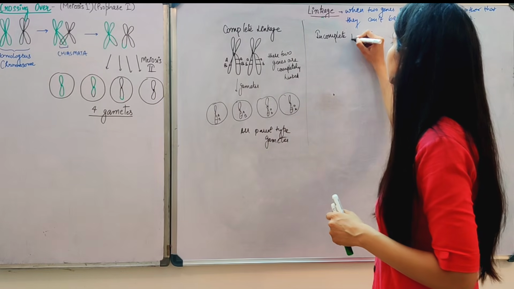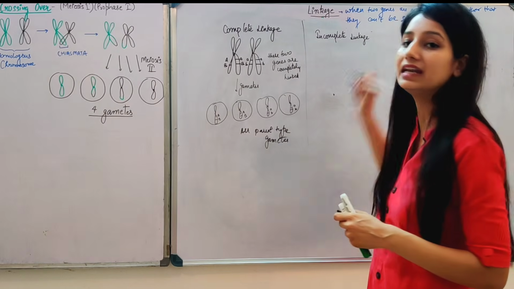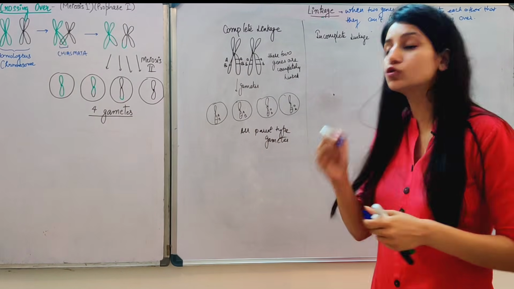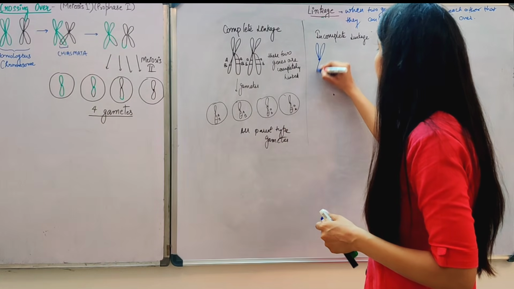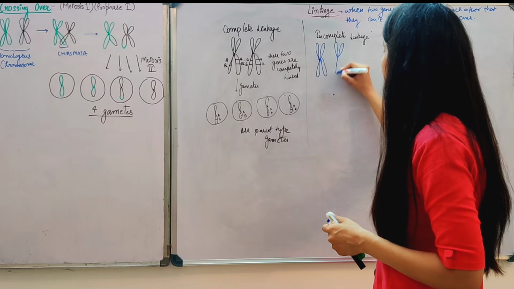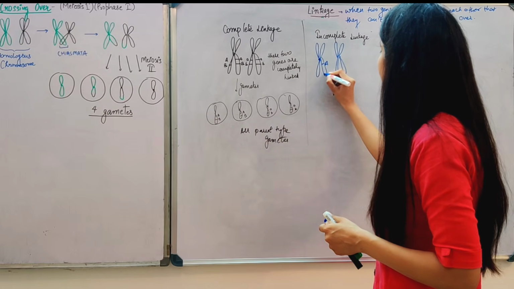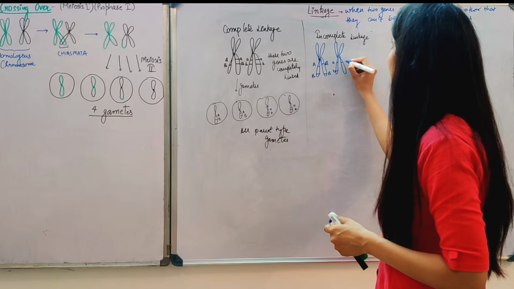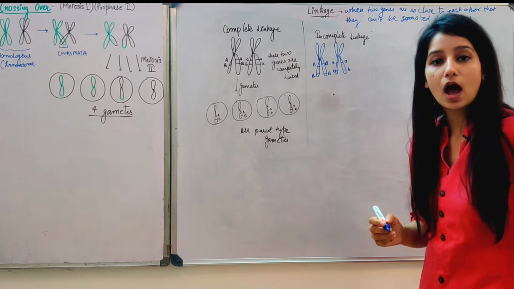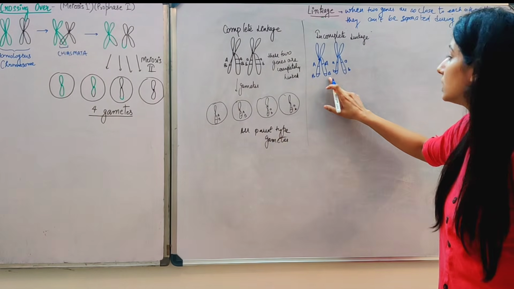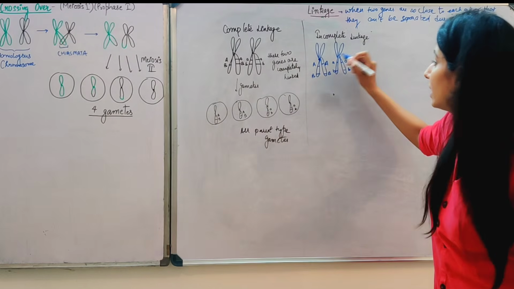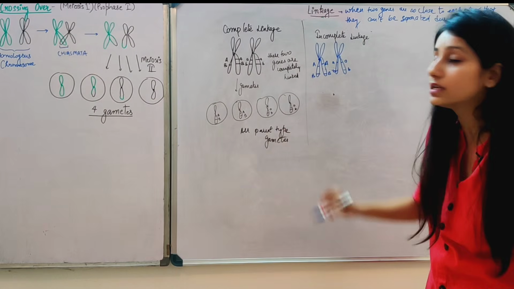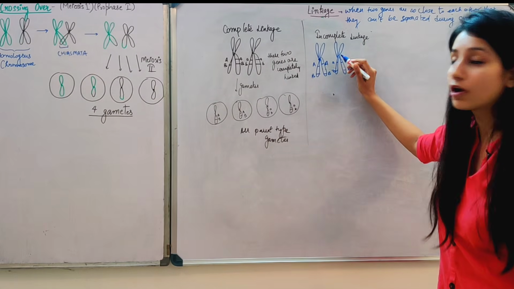While the other case is incomplete linkage. As the name suggests, the two genes are not completely linked with each other. So what will happen when crossing over occurs? These two genes will get separated. So here is the condition: A and B, A and B, a and b, a and b. Now when crossing over occurs, these two will get separated from these two. Why? Because, for example, if crossing over has occurred from there, these two are so far from each other that